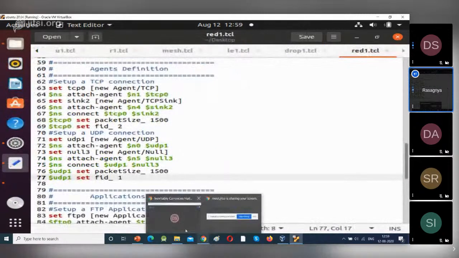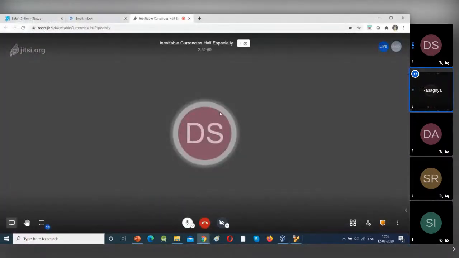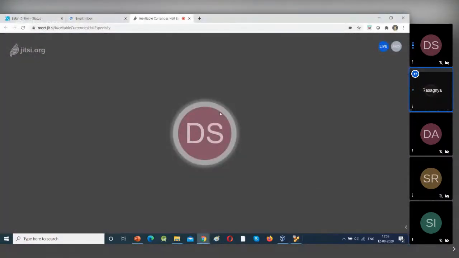So tomorrow we will discuss the congestion of TCP, how to plot the congestion for TCP, and we will see how throughput will change when we change the data rate. Tomorrow we will observe it, and we will also see how to add the extra agents and extra nodes in the TCL script. So now instead of opening the generator once again, if you want to change the network, we can do it in the TCL script. So tomorrow we will see how to add the agents in the TCL script, how to add new nodes in the TCL script.